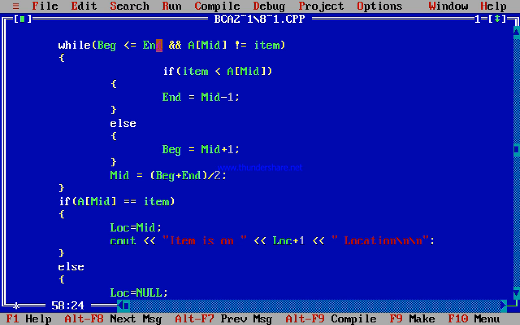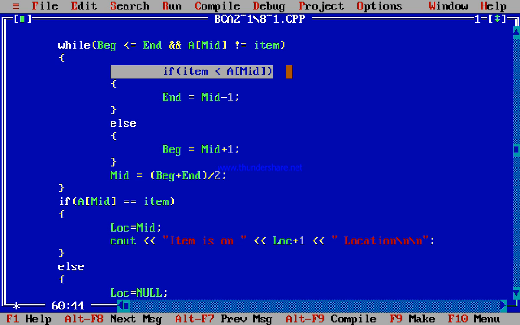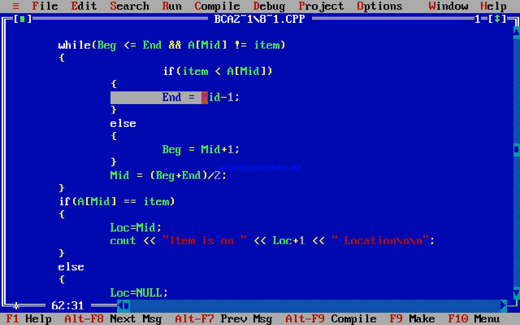If it is equal, then it should be printed, otherwise it checks if the atom is less than a of mid. If the atom is less than a of mid, then definitely the atom is found before a of mid, because our array is a sorted array. That's why here we do end equal to mid minus 1.